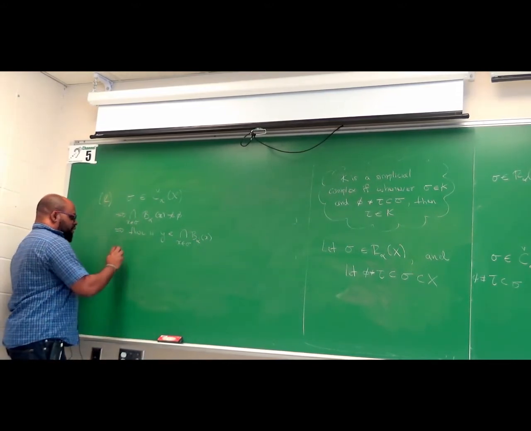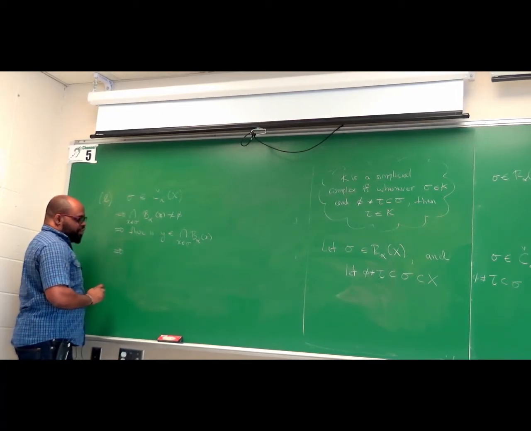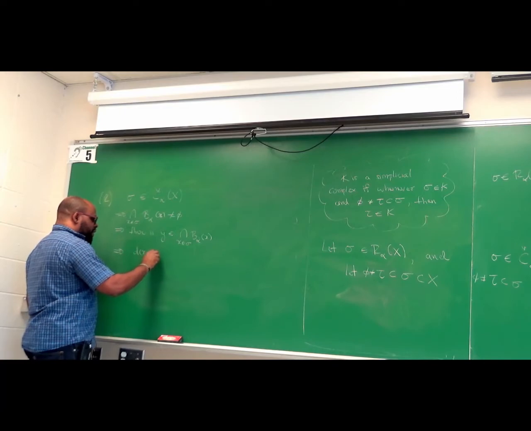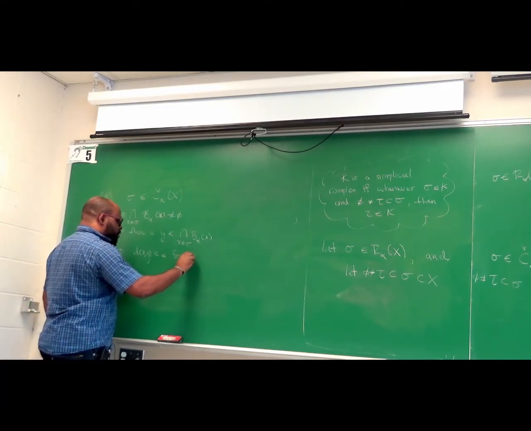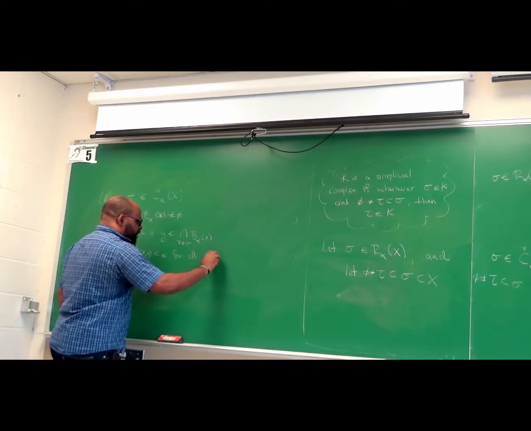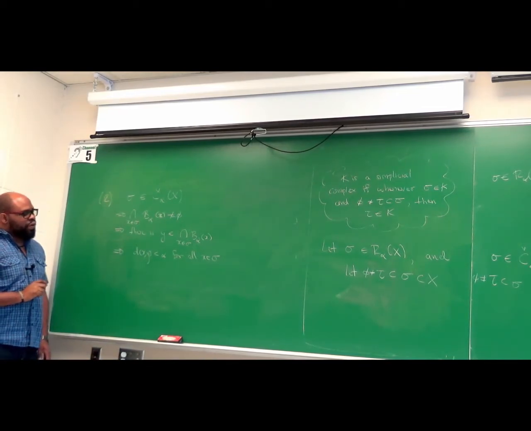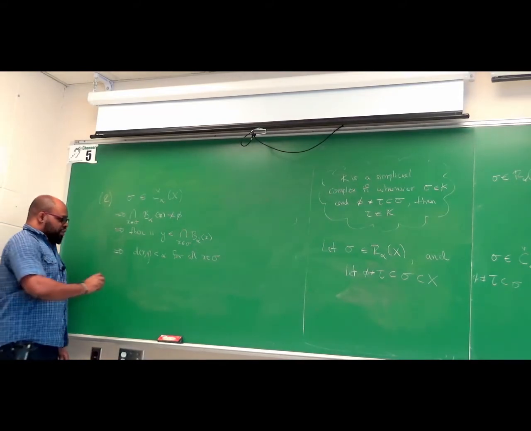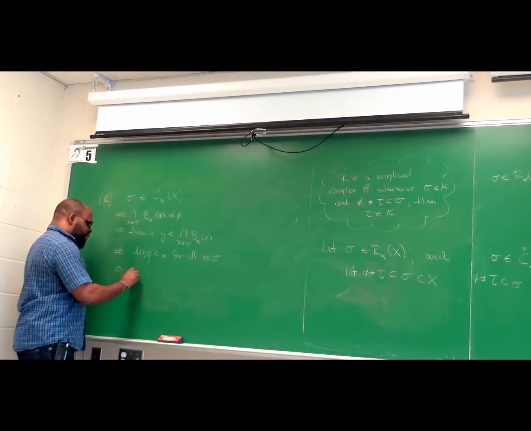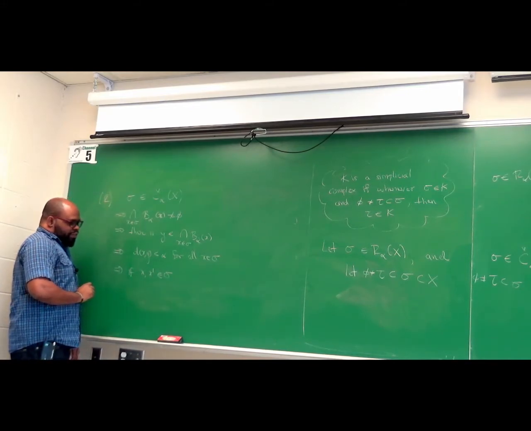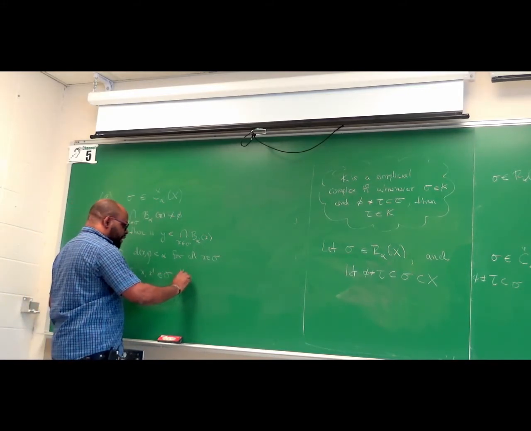That means that the distance from x to y is less than alpha for all x in sigma. Okay? In other words, if you let x and x prime be elements of sigma, then by triangular inequality,